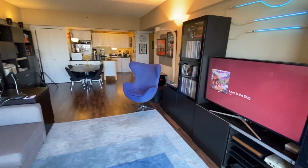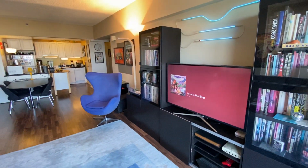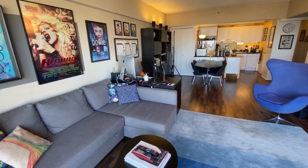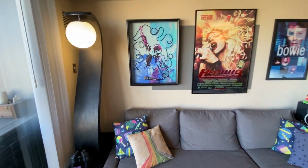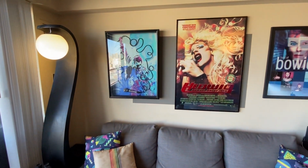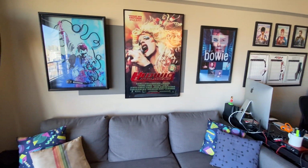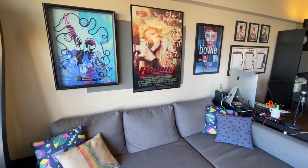So this is basically, to give you a little panorama, the apartment. It's got all sorts of little design flourishes. Let's start over here with this lovely mid-century modern lamp. And then this, the wall here above the sofa, I call the rock star